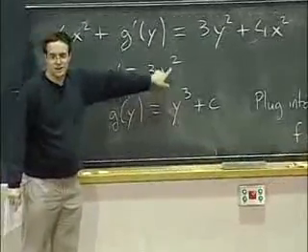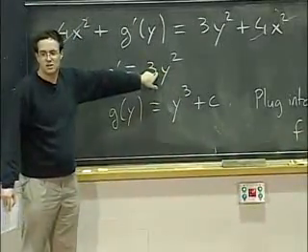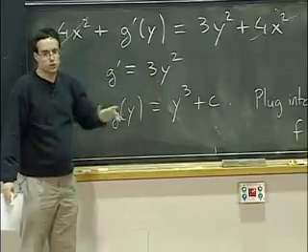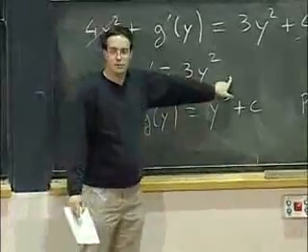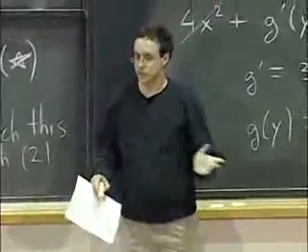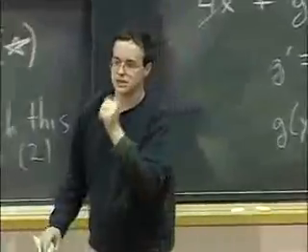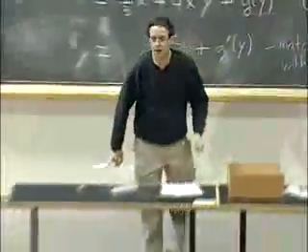If you had an x in this expression, that would have told you that something is going wrong. G is a function of y only. So if you get an x here, maybe you want to go back and check whether it is really a gradient field. Yes? Does this work with functions of more than 2 variables?